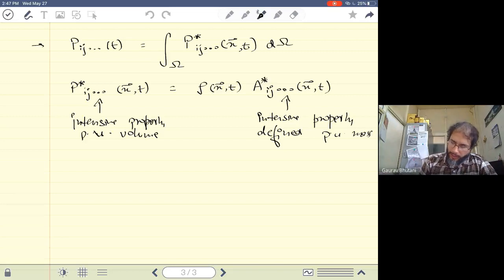So in this case, going back to our transport theorem, going back to our P term, we had